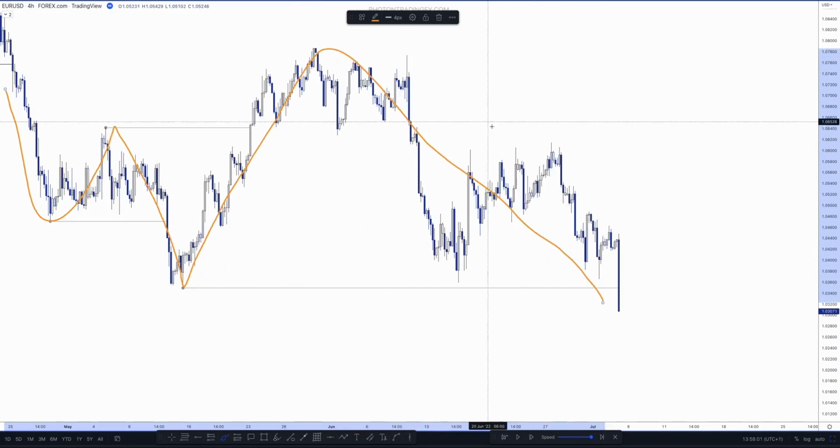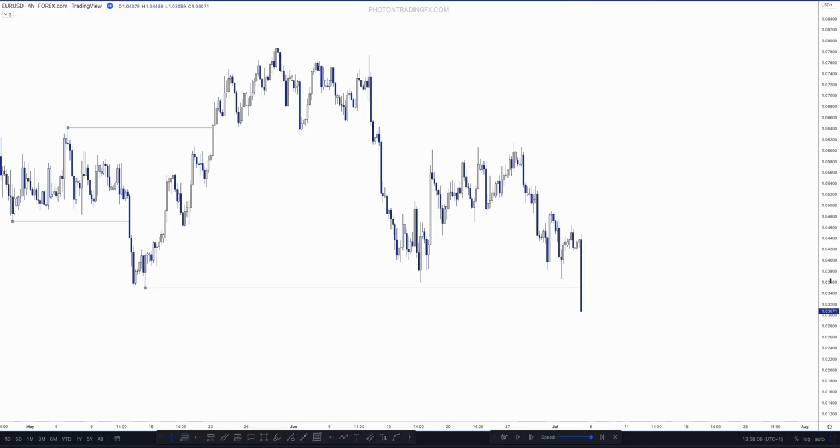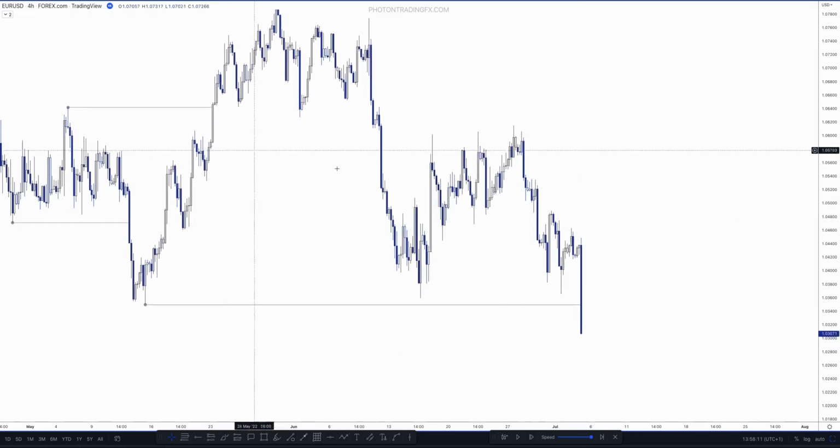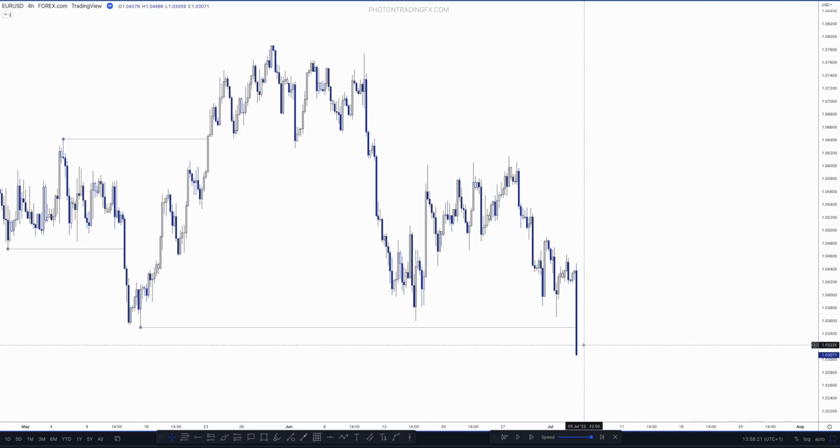Okay, now there are slightly different ways you could have got to this point, because you could have viewed that as a swing pullback and whatnot, but I'm going to talk about that in a future lesson. For now, let's ignore that and just trust me that this is the swing break of structure. And if this is the swing low that we've taken out from here and we've had a break and close below, what's the first thing we need to do once we get that candle closing and finishing? We need to know where our new swing high is, because remember, when the swing trend